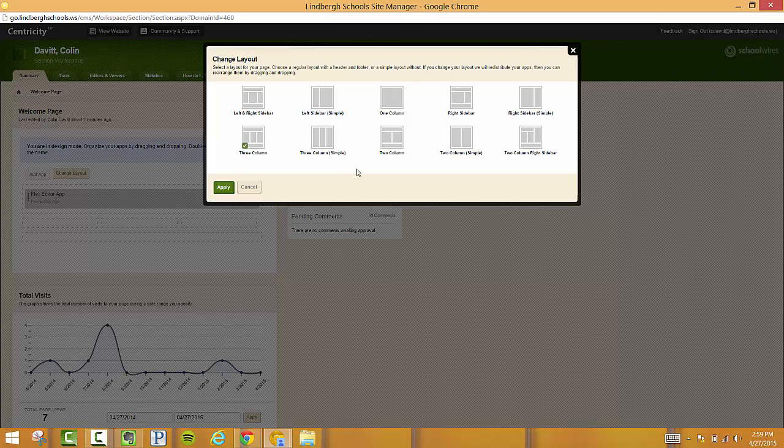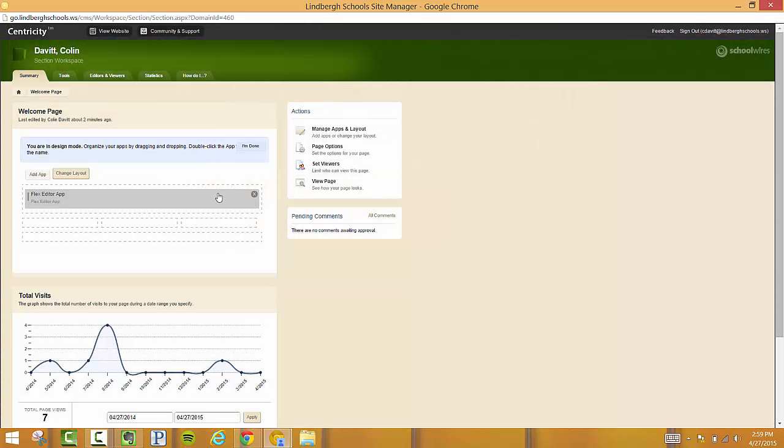and then I can choose whichever layout I want, whichever one looks potentially best for me. I just chose three columns because I'm going to play around with this a little bit as we go on. I'm going to go ahead and click Apply. But I need to add something here, a little app. So if I click Add App,